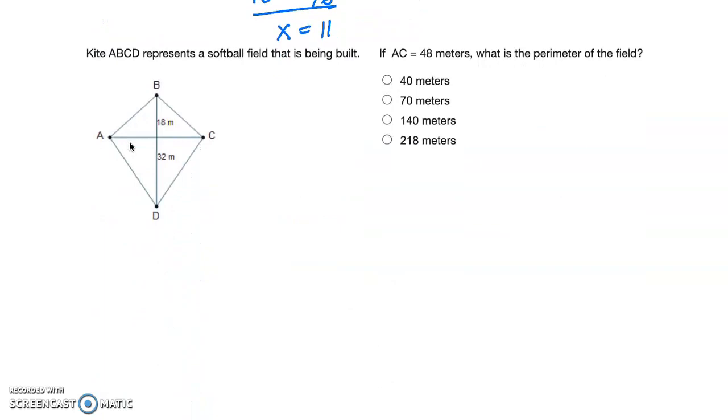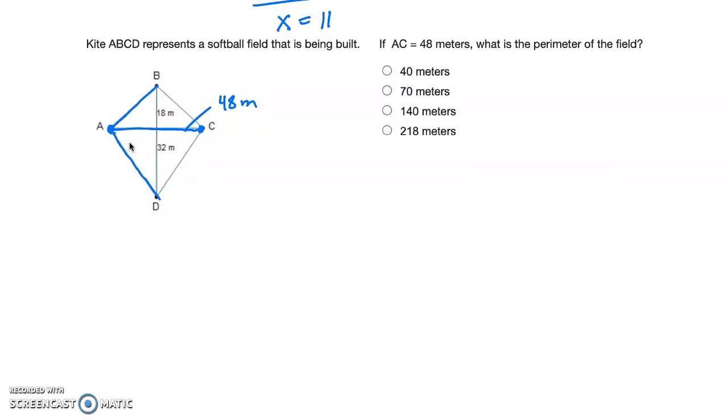So kite ABCD represents a softball field that's being built. If AC equals 48 meters, so from here to here, that's 48 meters. What is the perimeter of the whole field? So we need to find AB and times it by 2, and we need to find AD and times it by 2. Why? Because we know in a kite that